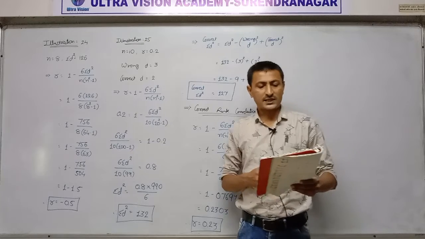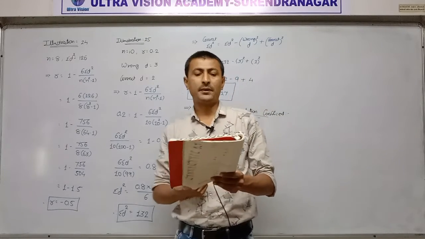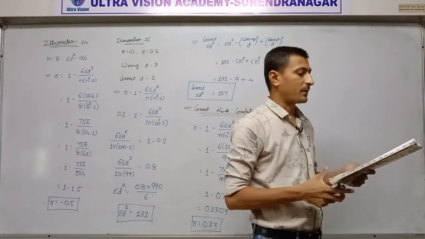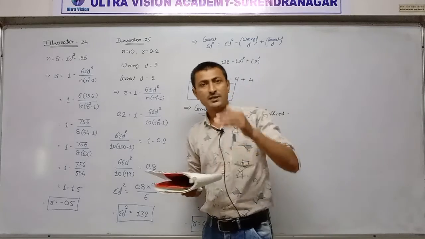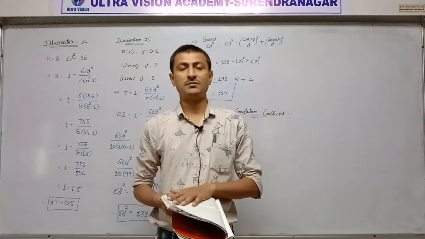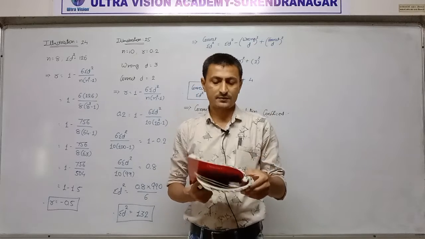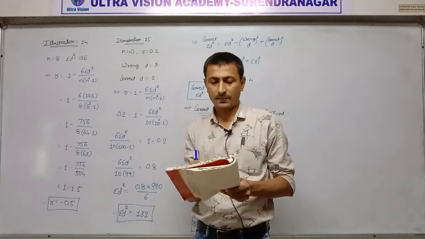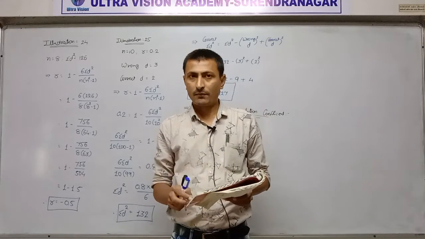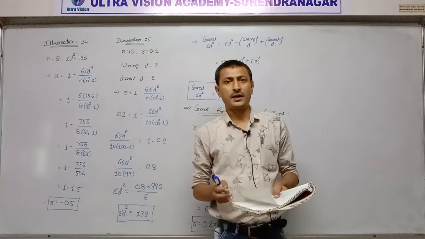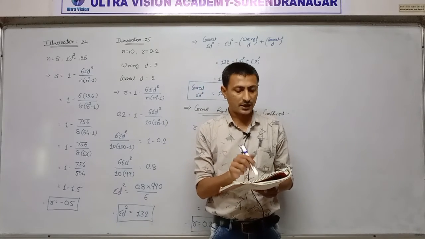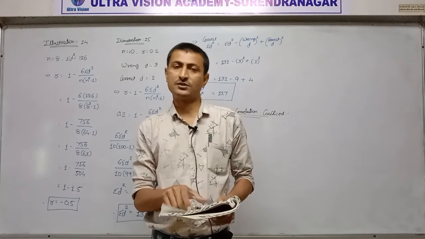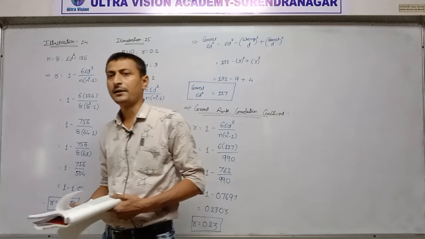Number 3, this method cannot be used for bivariate frequency distribution. Underline, this method is not useful for bivariate frequency distribution. It means for higher studies this method is not useful. So the main 3 demerits: first, actual information is not used, so some information is lost and it does not provide an accurate value. Second, observation is very large, so it is tedious. And number 3, this method cannot be used for bivariate frequency distribution. Okay, so you have completed merit and demerit.